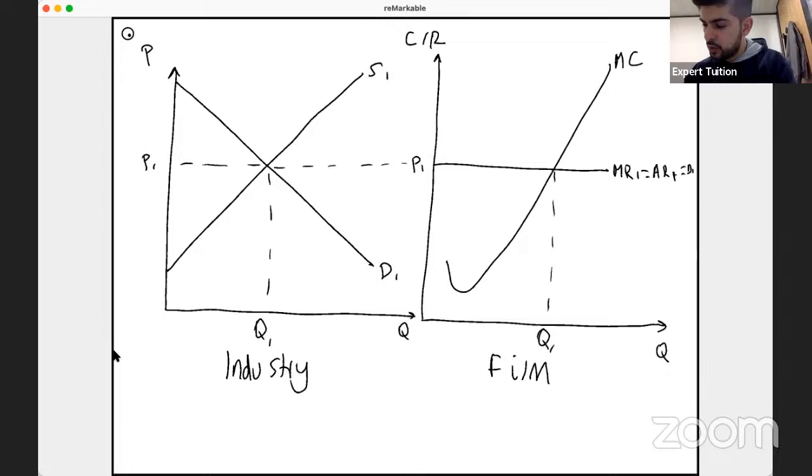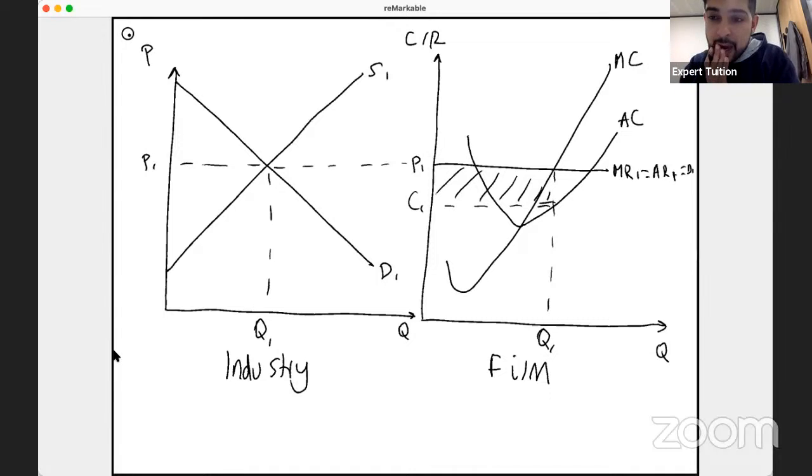Output is here, Q1. And I'm going to draw an AC curve like this. And that is the cost, C1, yeah? This is therefore the supernormal profits, yeah? Didn't need to shade it, but whatever, yeah? Okay. Normally, you would basically go back to the industry diagram now, and I shift supply, and